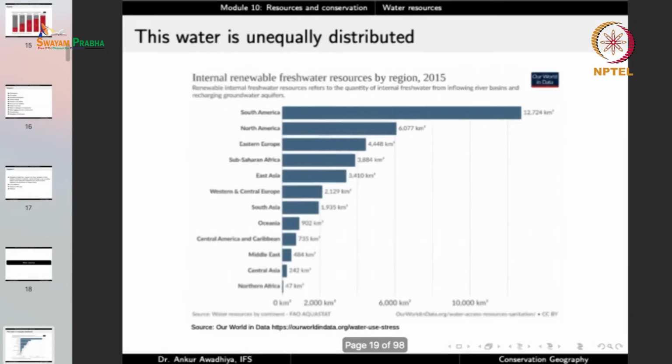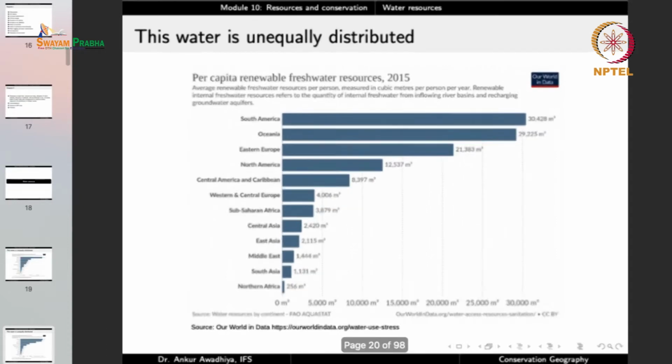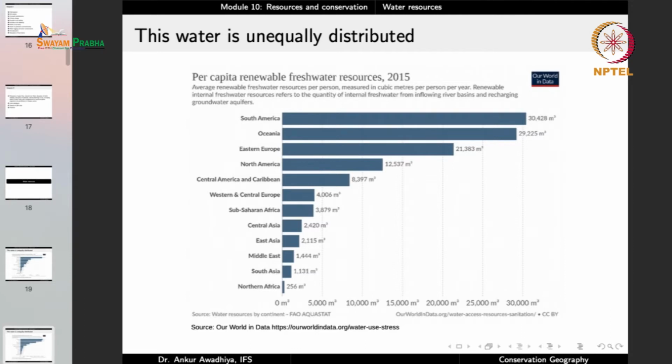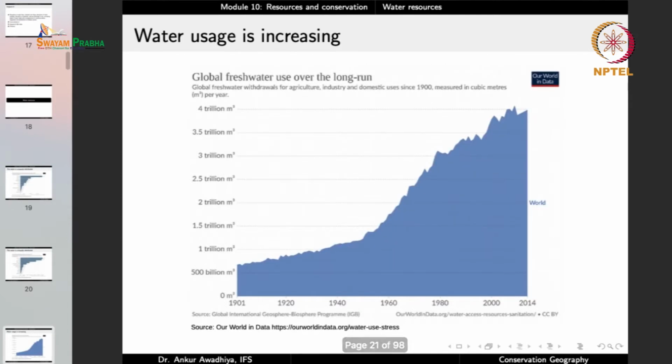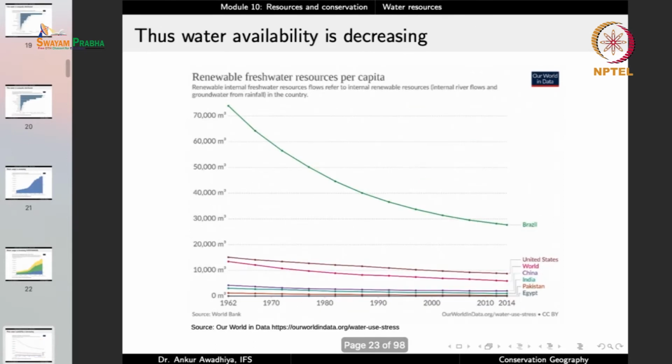Then we looked at water resources, and in this case we saw that water is unequally distributed. So different areas have different amounts of water, and even if we look at per capita availability of renewable freshwater resources, we find that there is a huge variation. But even though there is a huge variation, we find that the water usage has been increasing with time, and it has been increasing everywhere, with the result that in a large number of areas the availability is rapidly going down,